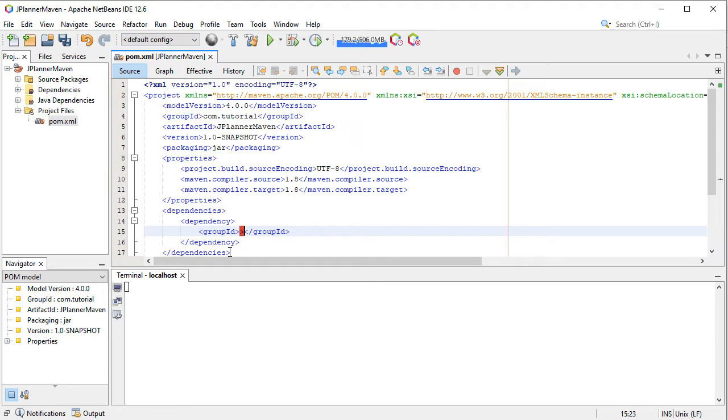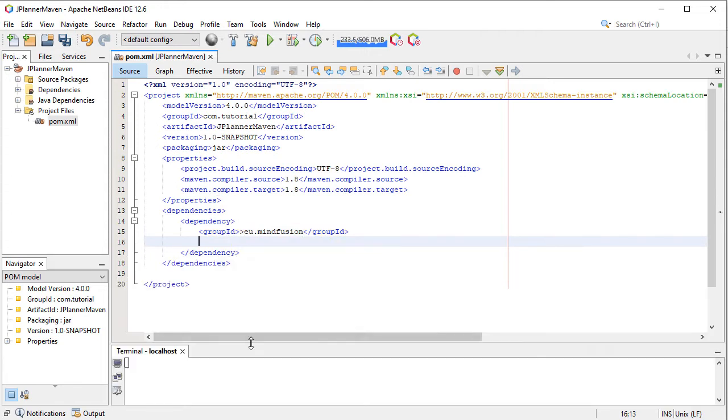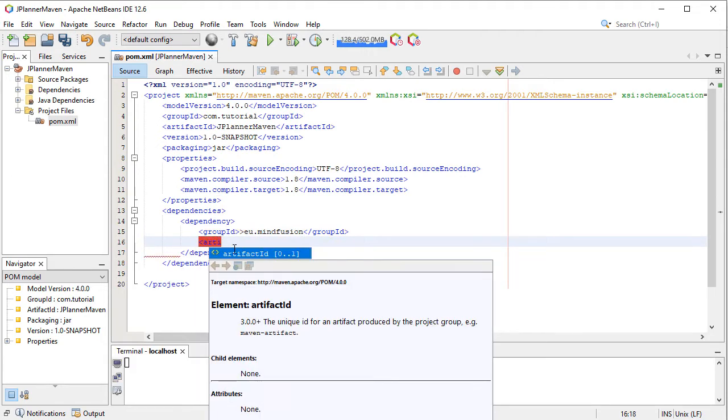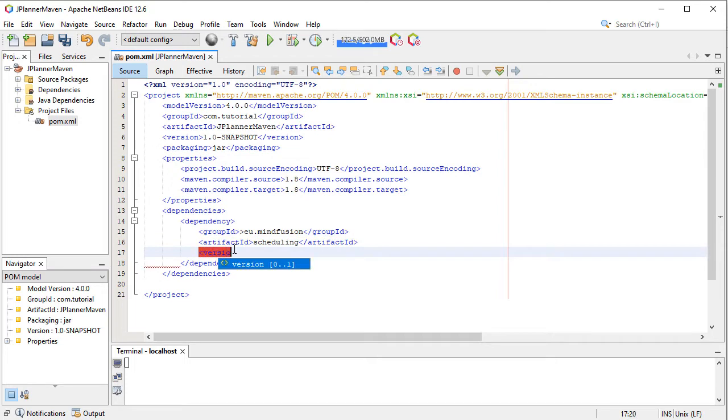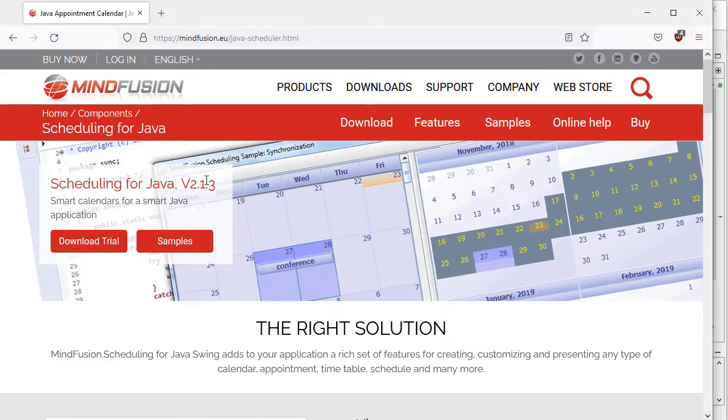The group ID for the jplanner is eu.mindfusion. The artifact ID is scheduling. We can look up the current version on the website.